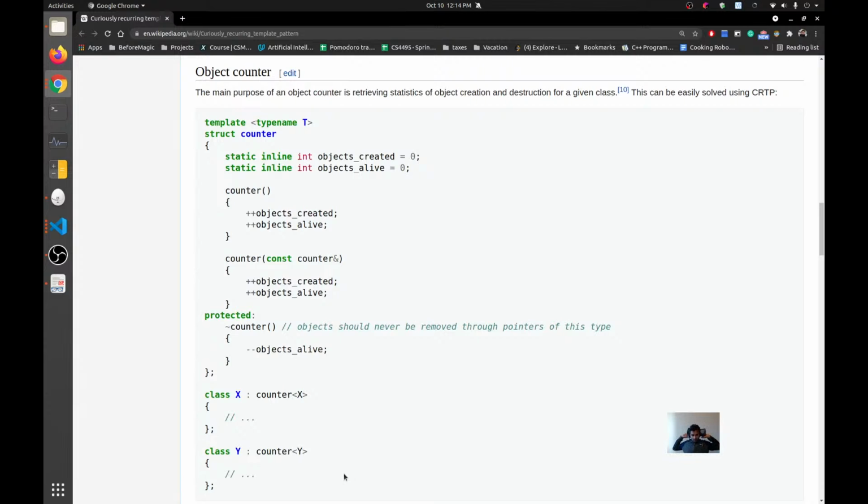We have a templated struct counter with static inline members, objects created and objects alive. When you call the constructor, you increment created and alive. When you call the constructor with the pass by reference, I do the same. Upon destruction